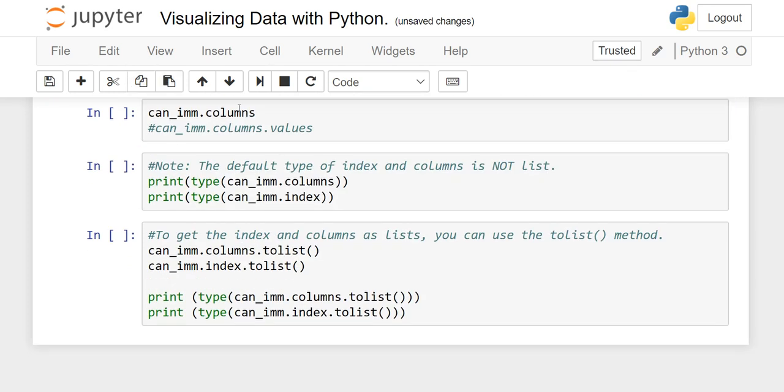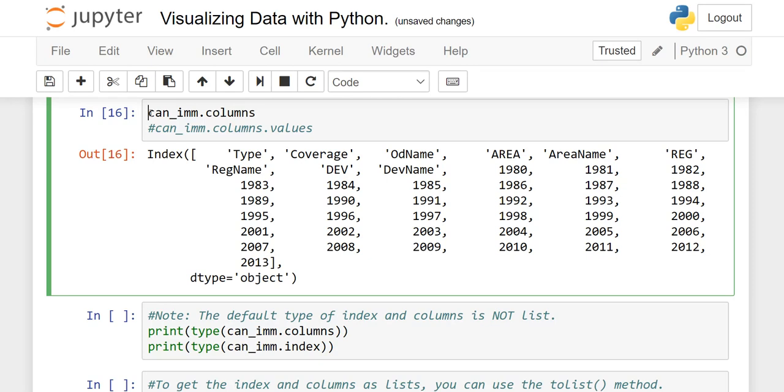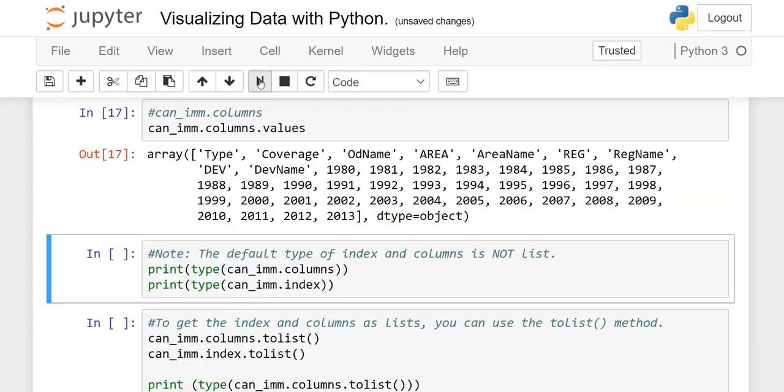Okay, now the columns. Same thing: dot columns and dot columns dot values. If you want to know the names of your columns, run it and it will give you an Index. See, this is the index: type, coverage, OD name, and so on. These are all the names of your columns. But if I add .values, what output do you get?